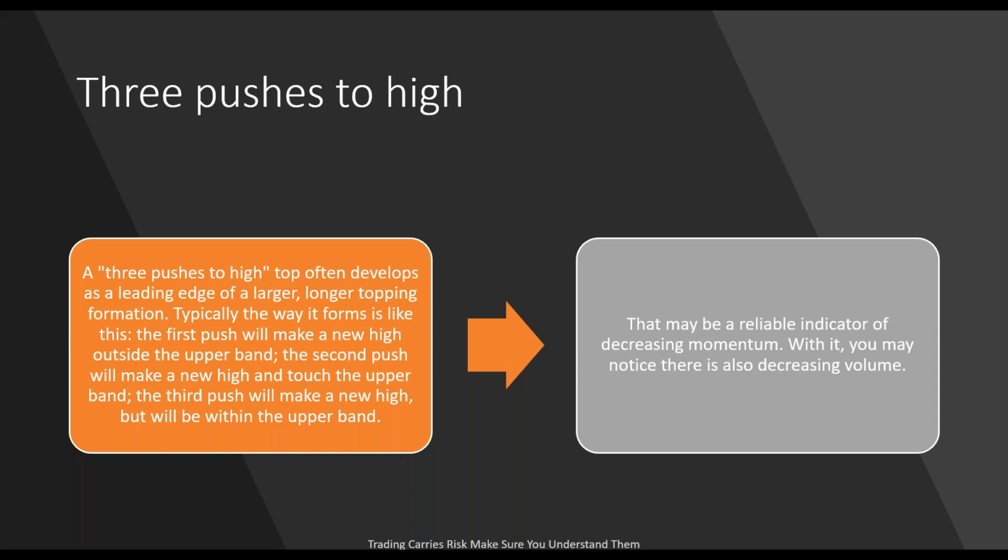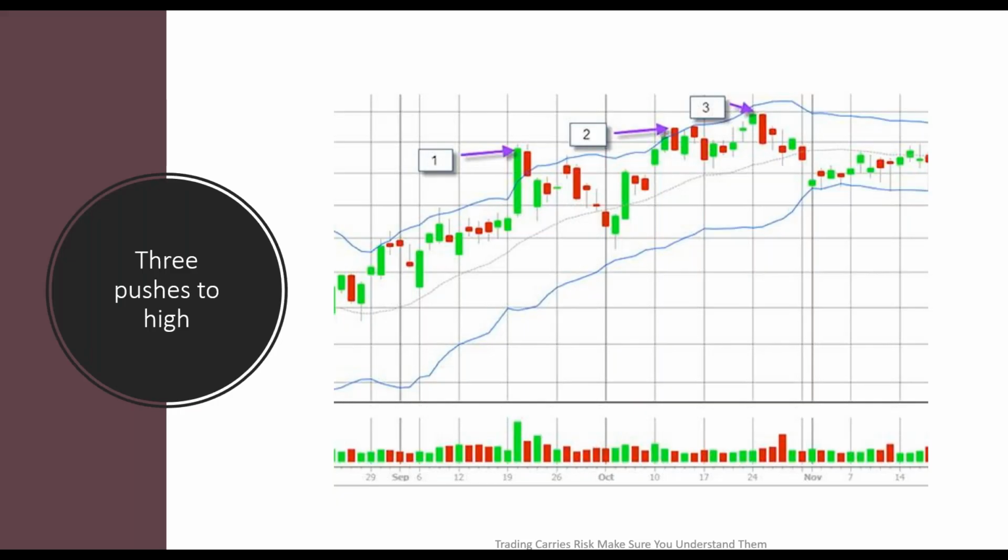The first push will make a new high outside the upper band. The second push will make a new high and touch the upper band. And the third push will make an upper high, but will not be within the upper band. This may be a reliable indicator of decreasing momentum. So here we can see on this chart,